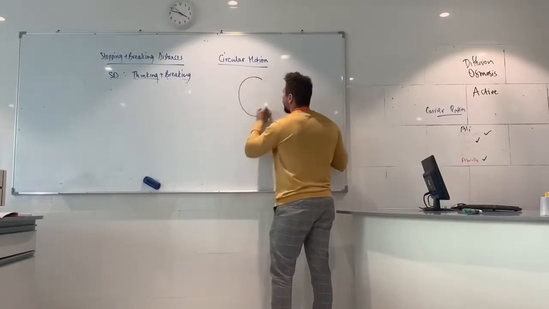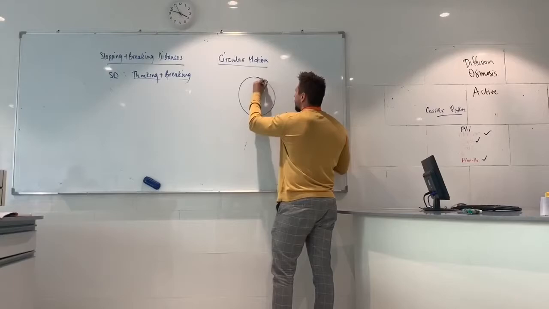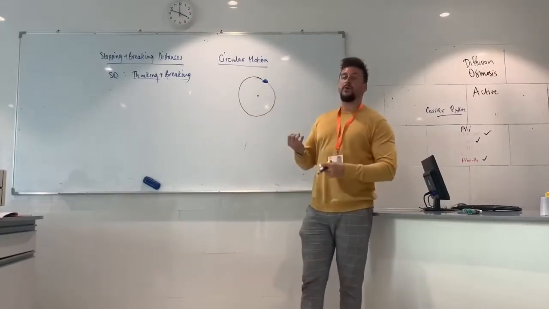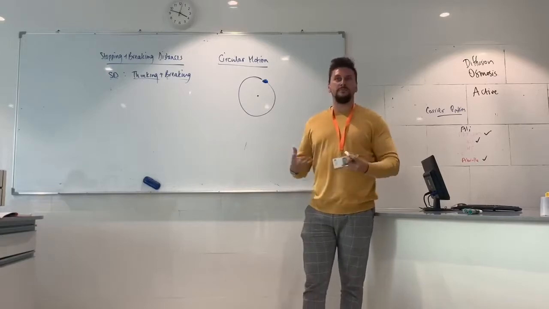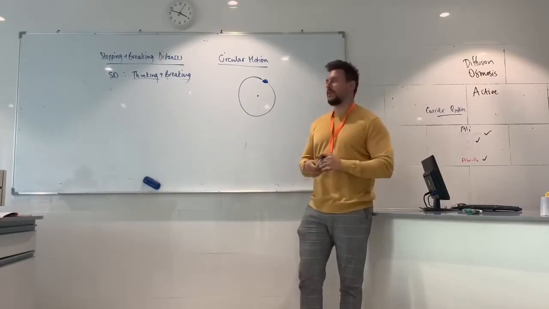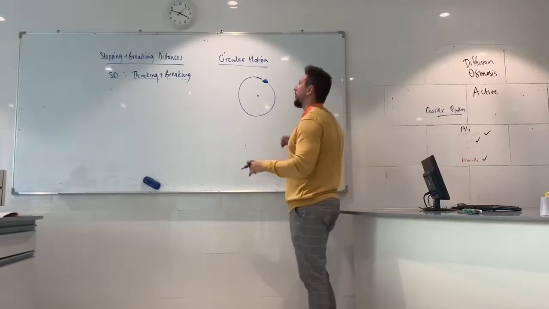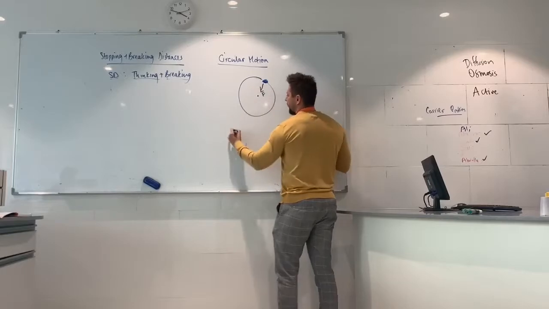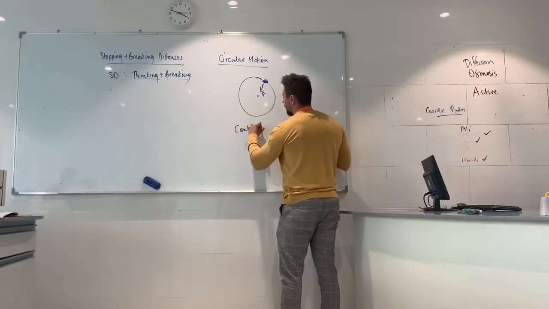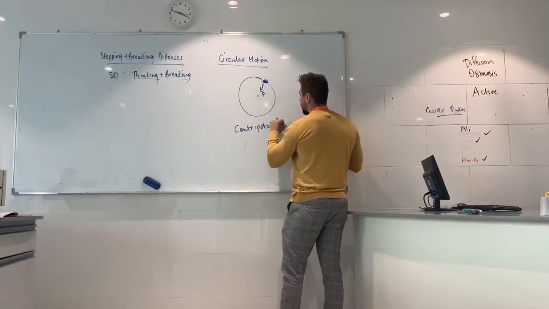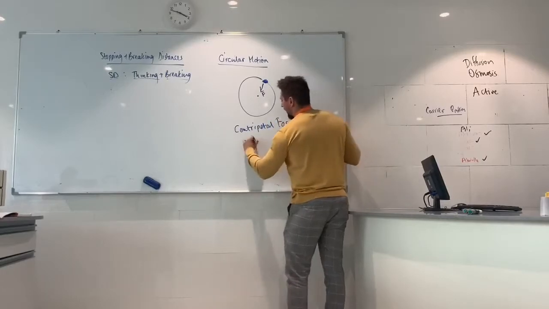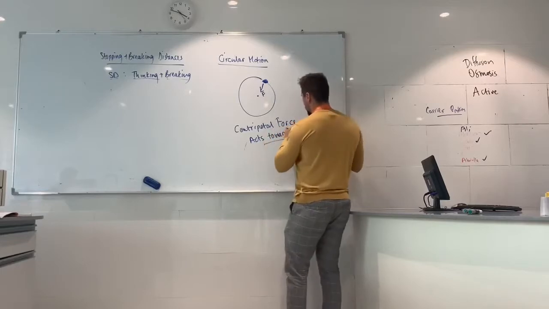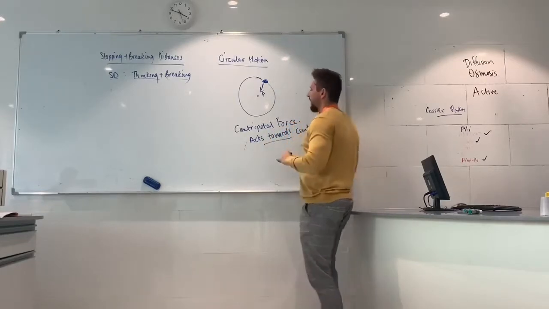Circular motion. Object travelling in a circle. Examples could be the moon around the earth, the earth around the sun, any bodies in space that are orbiting around something else, usually travel in a circle, not perfect, but roughly. And there must be a force which we call centripetal force, acting towards the center, okay? It has to be towards the center, hence the name.